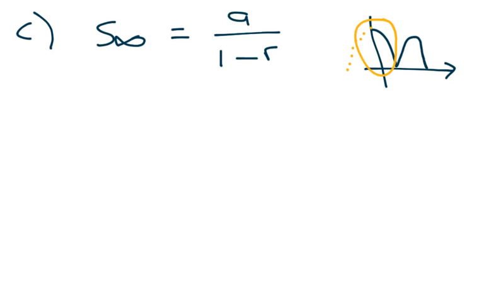So we're going to start our sequence at the first bounce. So what we do then is we just include this downward distance as just a single integer that we can add on. So we get our S infinity to be equal to 2, which is this distance here, plus